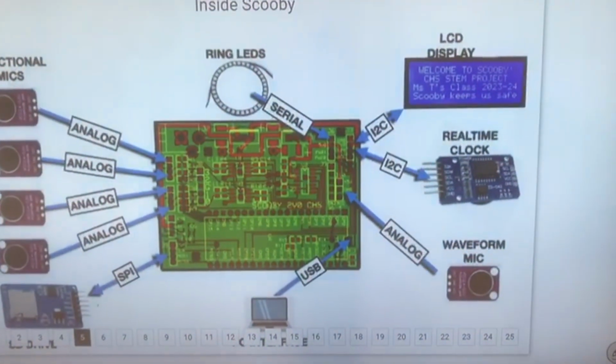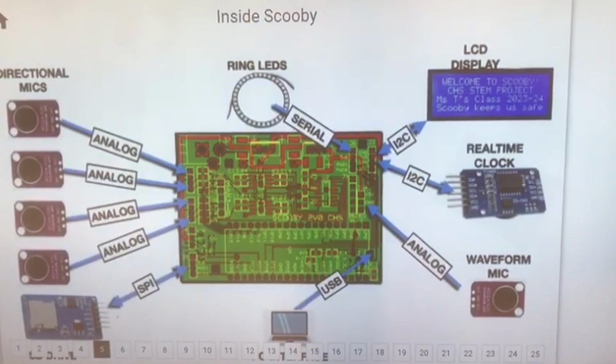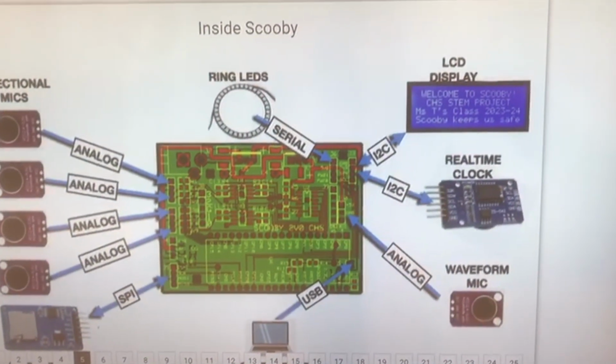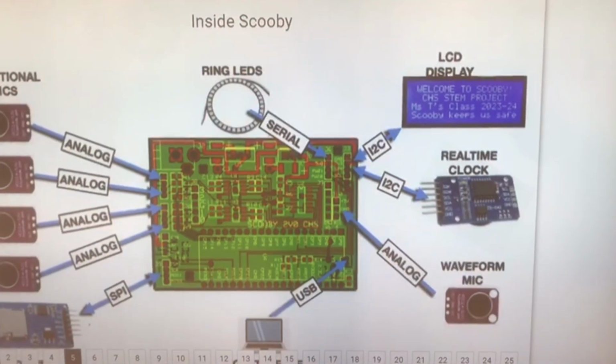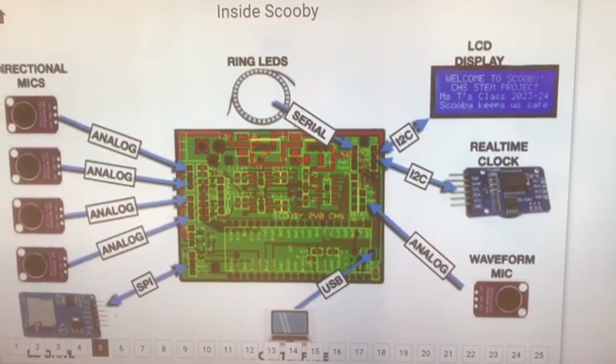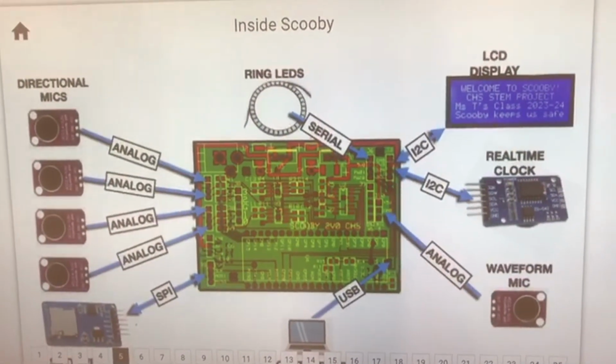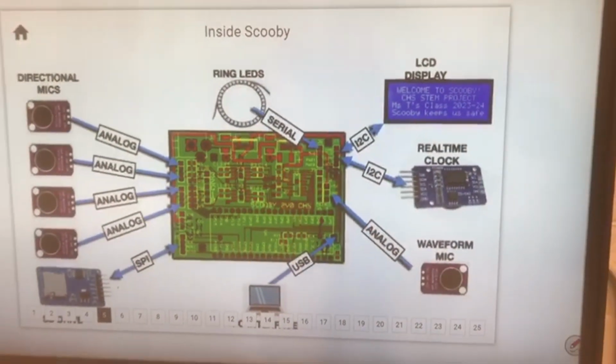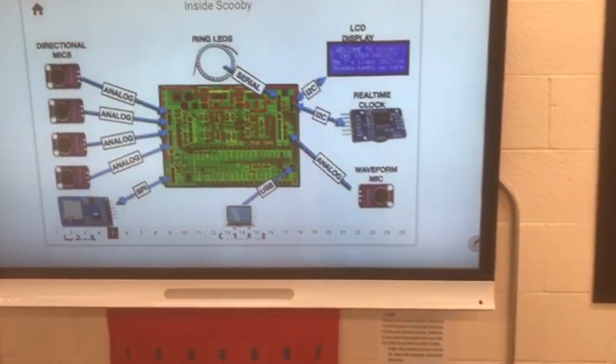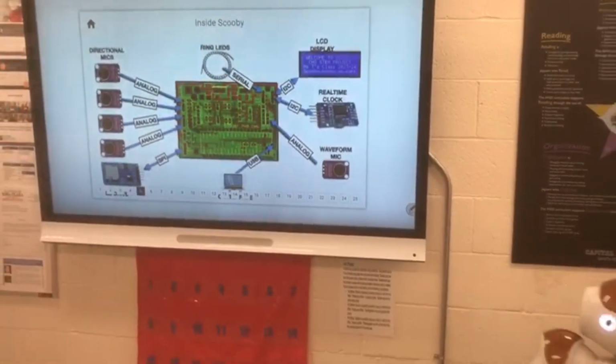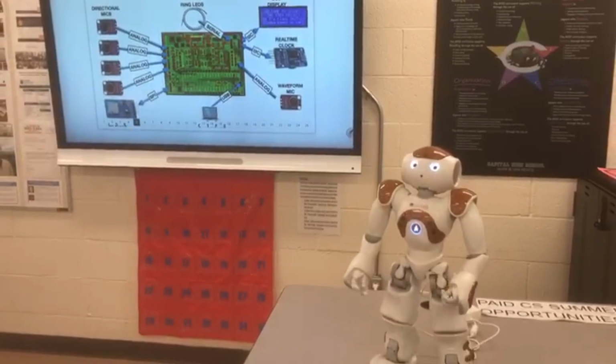Some data collected by Scooby are displayed on the LCD module, and the rest is written on SD card located in SD drive. Scooby also needs a real-time clock to measure the passage of time, PC interface to connect to the computer, and the ring LED lights used to signal where the loud sound, like a balloon pop, actually came from.